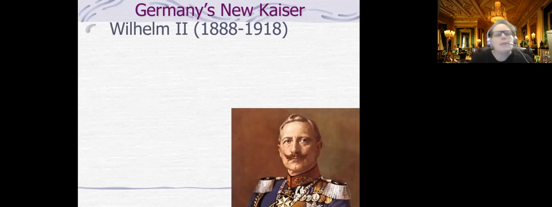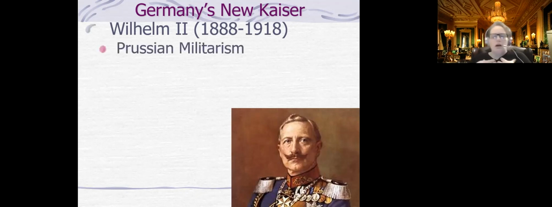But the trouble is that Wilhelm II sees himself as very much a Prussian. He's very proud of the Prussian military history. He has great respect for Frederick the Great and all of Frederick's great conquests against other people, and he's very much gung ho Prussian military, German military. And he sees Germany needing to conquer more territory. And because he sees that, he doesn't always like all of Bismarck's ideas.